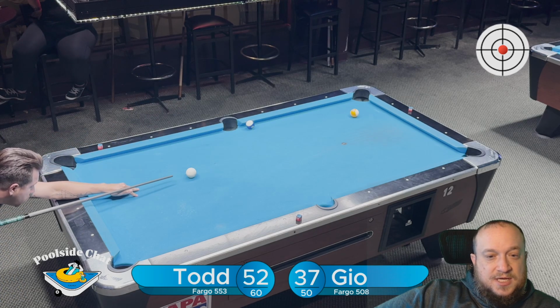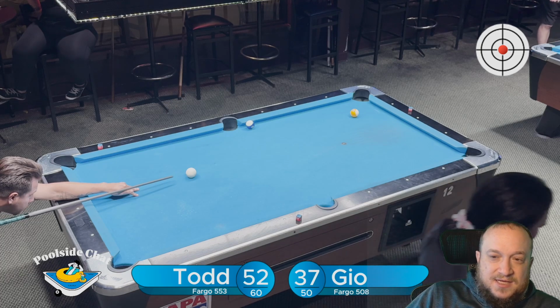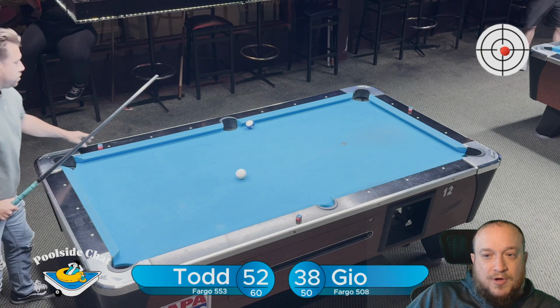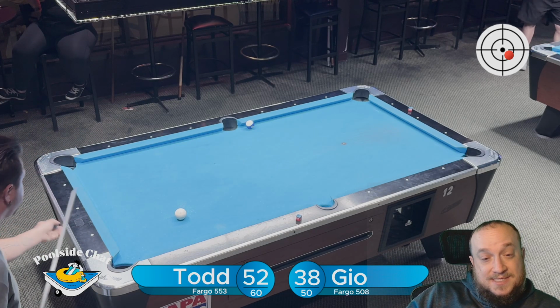So he's got his option. Now this, I'm probably going to go low right. Not a ton. We're not trying to get crazy with it, but a little bit of low right, just so it goes 3 rails to get over to that side rail. Because now,